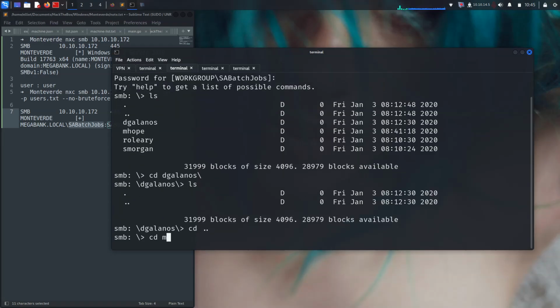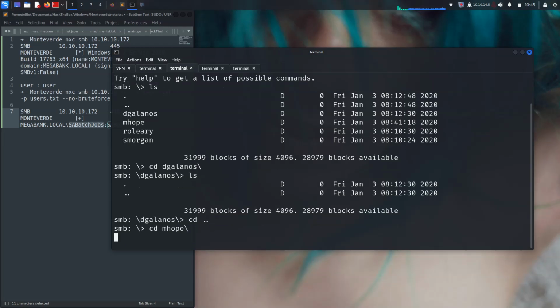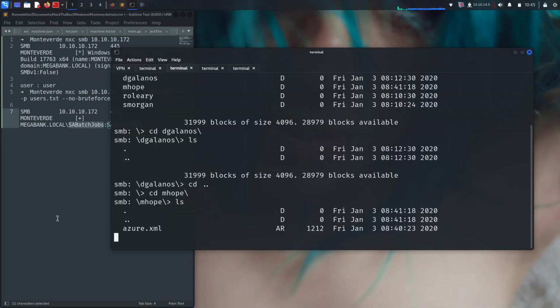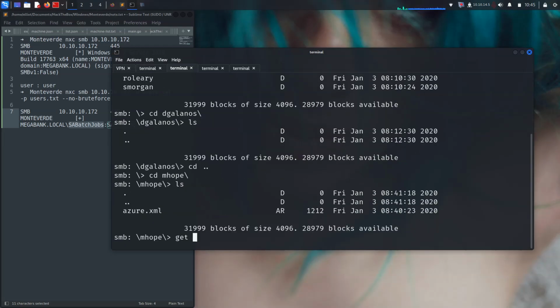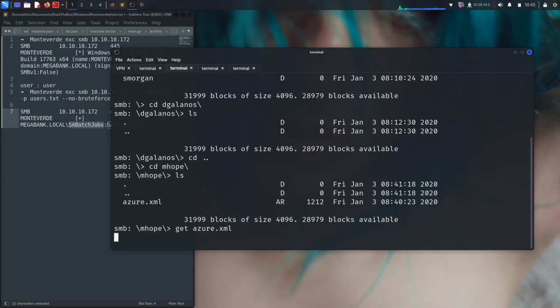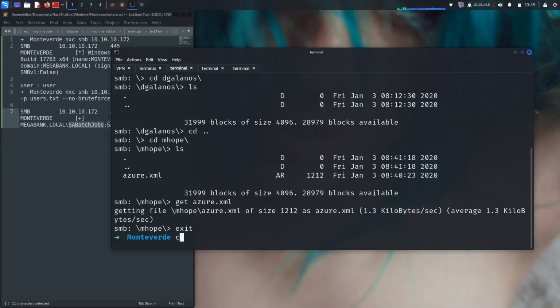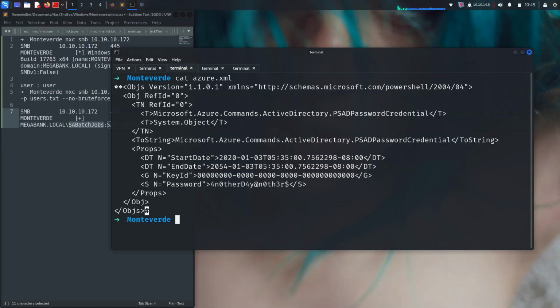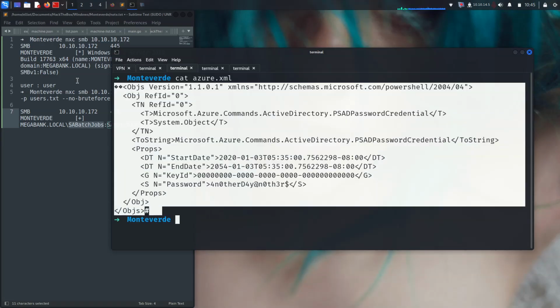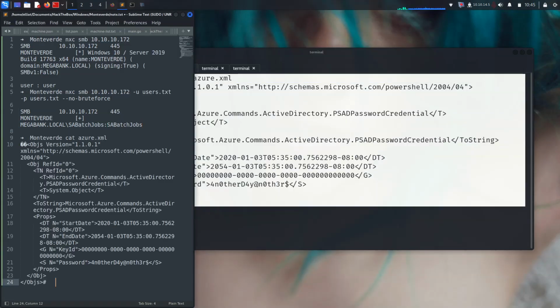Go back and go for mhope, and giving ls, and we got azure.xml here. So let's actually download it, then exit. Cat azure.xml, and it's giving something. It looks like we got the password. Is there any user? It looks like no user yet, but we can use this password